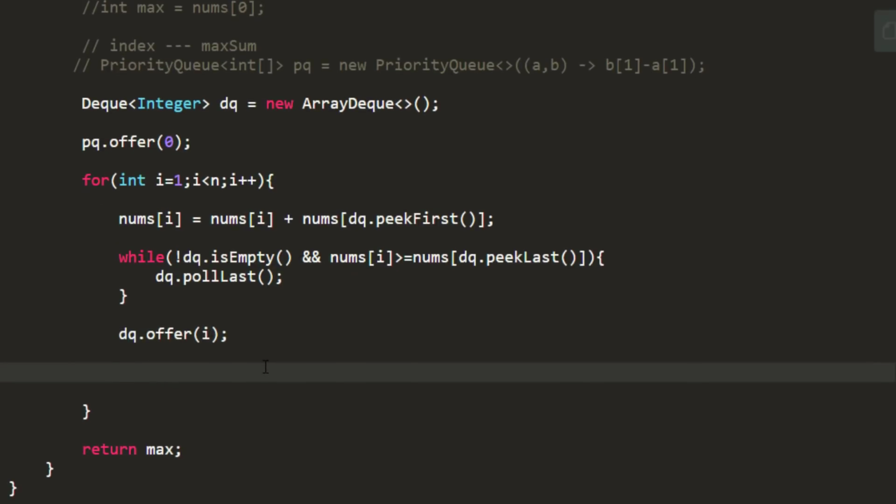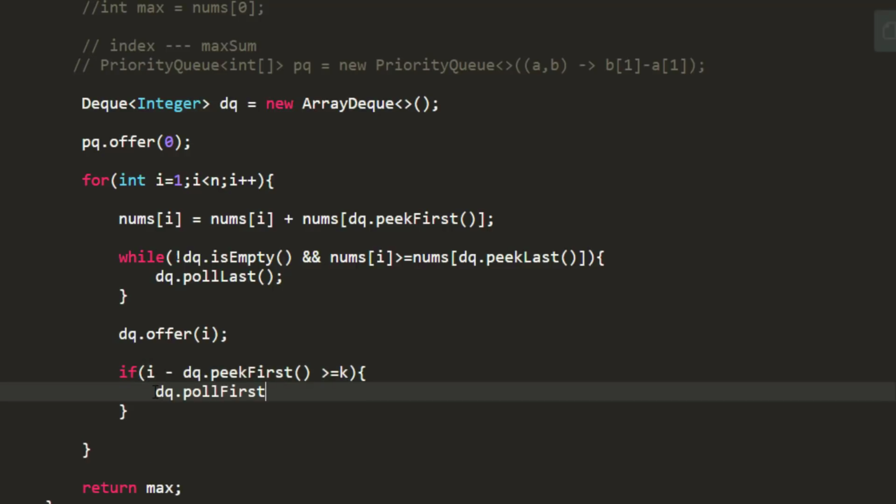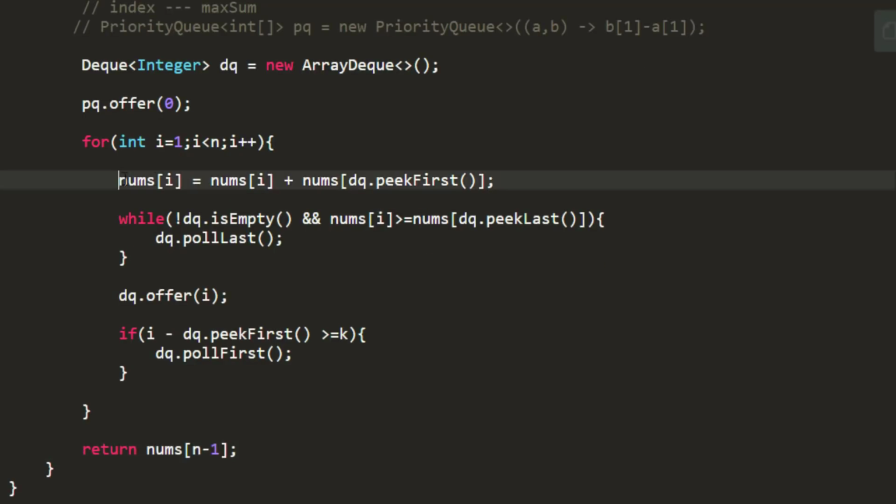And now we need to check if the size of the deque is exceeding k. So if the size of the queue is greater than or equal to k, we will just remove the extra element. At the end, the answer will reside in nums for n minus 1, as we are continuously updating the input array. Now let's clean this code.